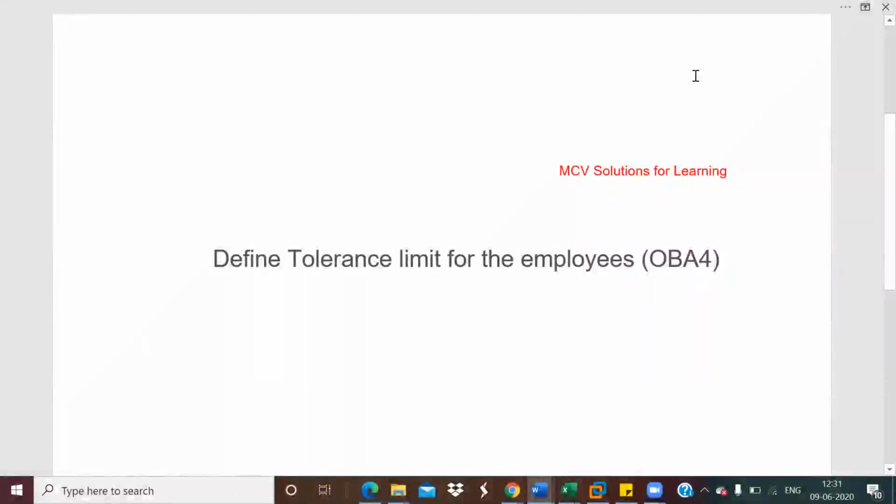In this session we will discuss how we can define the tolerance limit for the employees. For that, the transaction code is OBA4. With the help of this, we will be able to restrict the employee from posting a document above a certain limit, and also limit the employee from posting a line item above a certain limit, and also restrict the employee from giving the cash discount per line item above the specified percentage, and also limit the employee from posting for the payment difference. Okay,